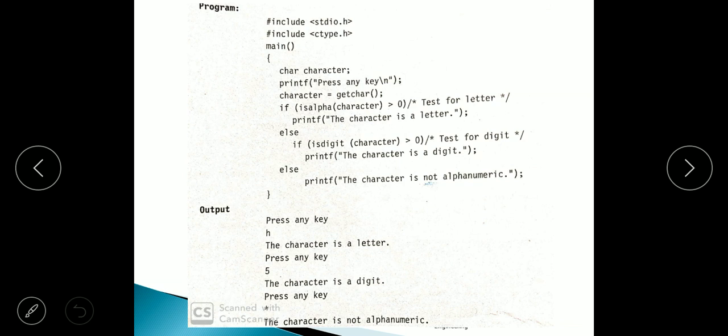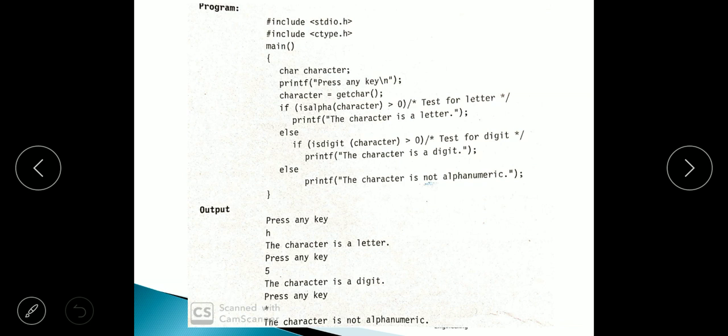Whatever key you want to press, you can press from the keyboard. In order to take the input, you have to use the getchar function, because the key you press should be stored somewhere. That will be done by using the getchar function, which accepts the input from the keyboard and stores it in the character variable.